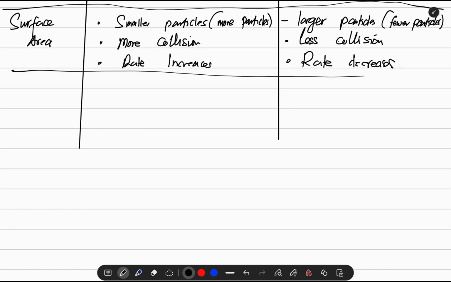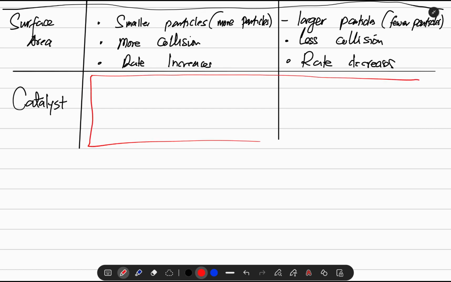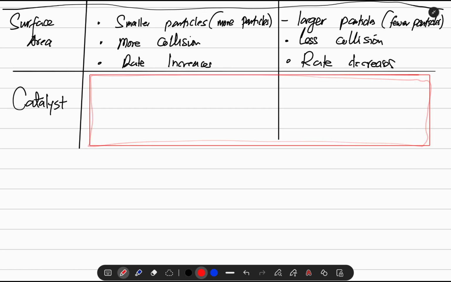Next is catalyst. Now, on the catalyst, I want to explain and make this clear. A catalyst only provides an alternative path. So for the catalyst, we are taking the whole part here. So for the catalyst, it only